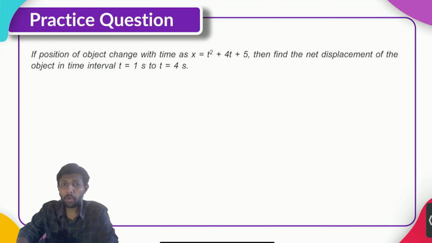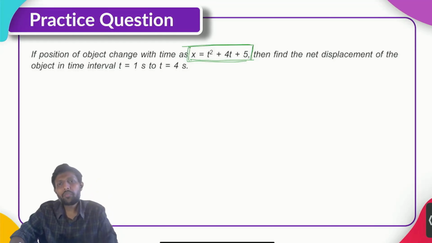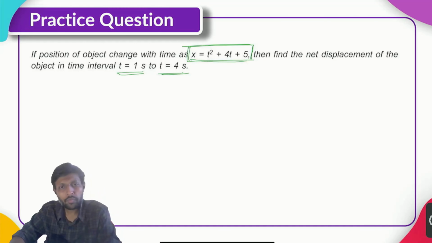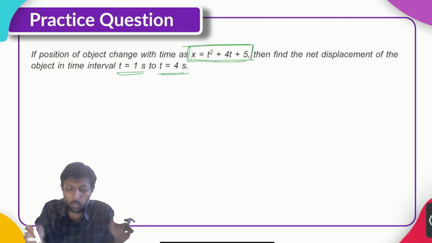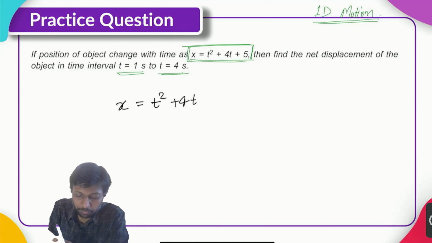If the position of an object changes with time as this equation, the variation of x with respect to time is given to us, fine. Then find the net displacement of the object in the time interval t equal to 1 second and t equal to 4 seconds. See, this is 1D motion, remember. If x is equal to t square plus 4t plus 5,